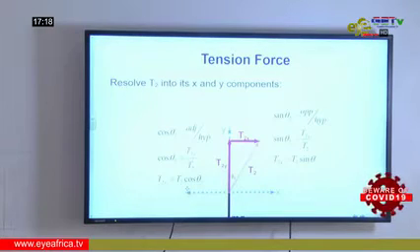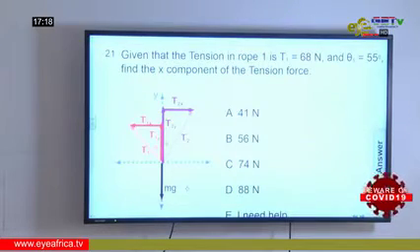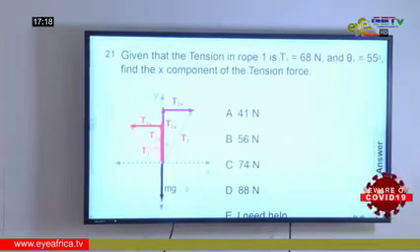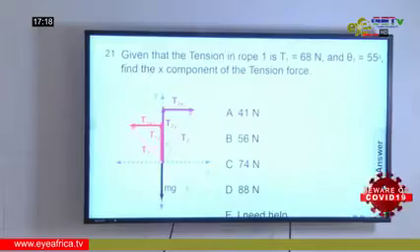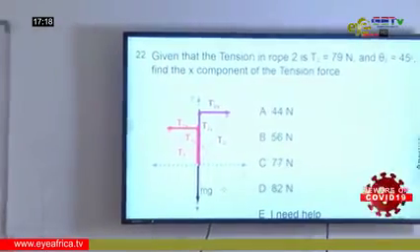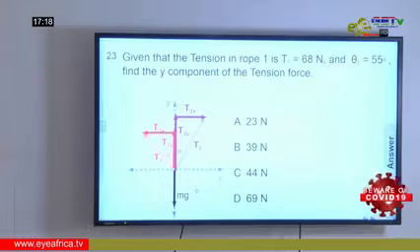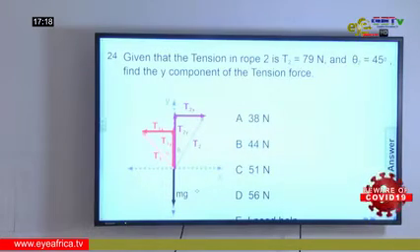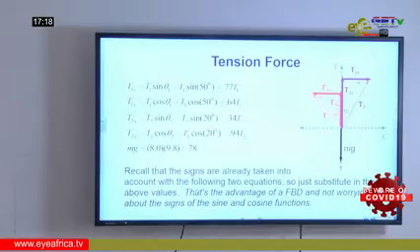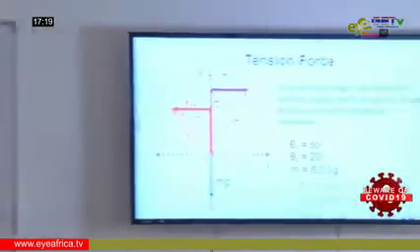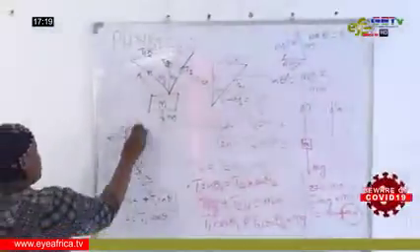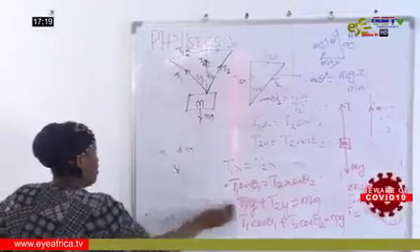Okay, this is just the absolute value we're taking, and this will be positive. So look at the question here. We are told the tension T1 in the rope is 68 Newton, theta 1 is 55 degrees. We are asked to find the x component. That is simple, you should be able to do that. The y component, you can do that. Yes, this is what I am interested in, to calculate the magnitudes of T1 and T2. Can we do that? We know theta 1.